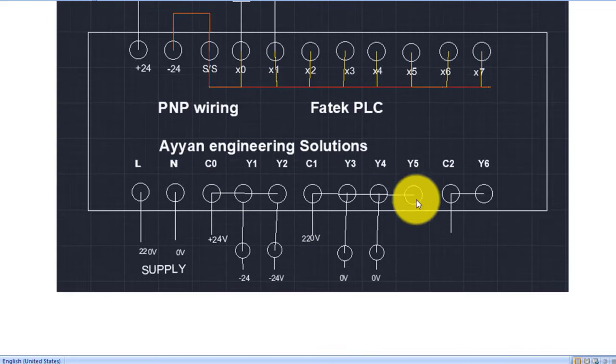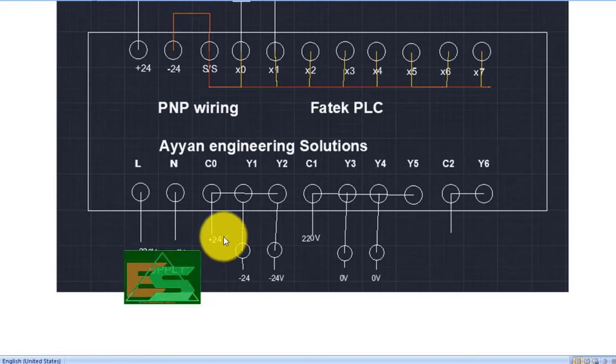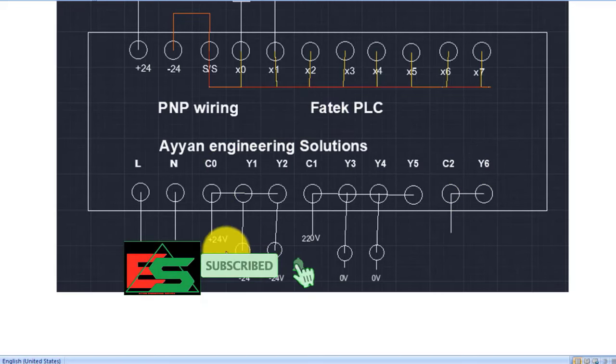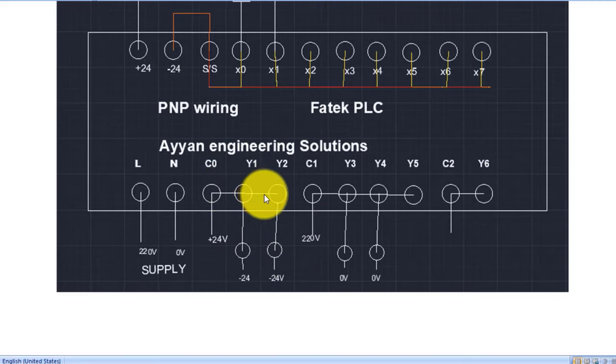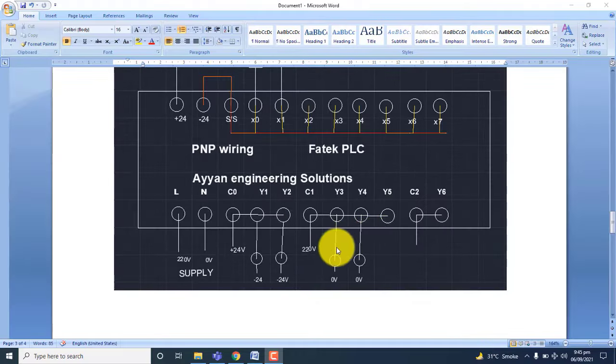This is the wiring of the output side. This is the C0 common for Y1 and Y2. This is common 1 for Y3, Y4, Y5, and this is common 2 for Y6 and Y7 as well. Okay, if your PLC is the relay type, if you give 24 volt, then your output will be 24 volt. And if you give the negative of the 24 volt to your actuator, then it will be on. Okay,